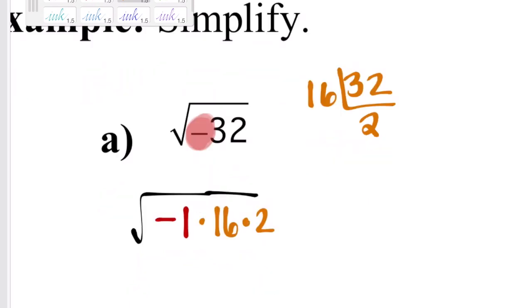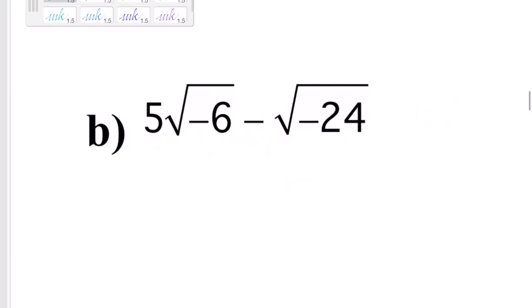And I can separate all of these. I can take the square root of negative 1, which will give me i. I can take the square root of 16, which will give me 4. And I cannot take the square root of 2, so that's going to stay underneath. And then we're done. My next example, I'm going to simplify as best I can, and then I have a